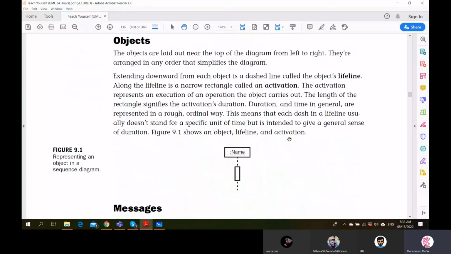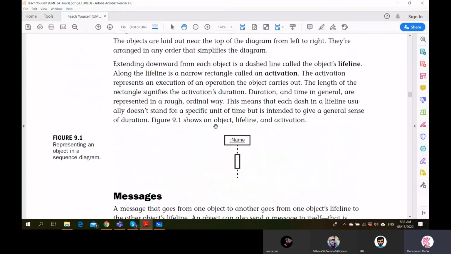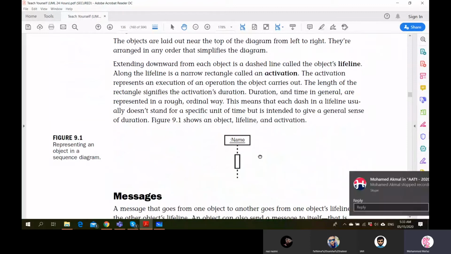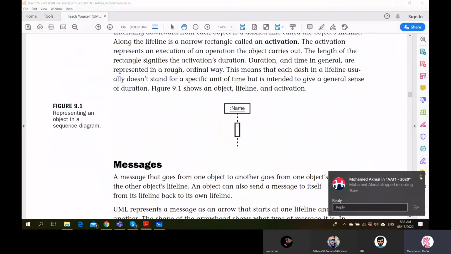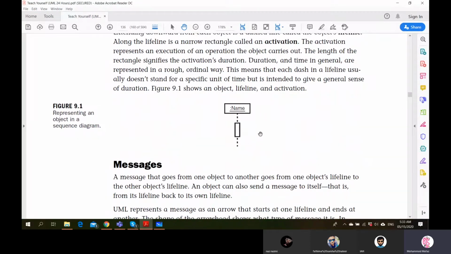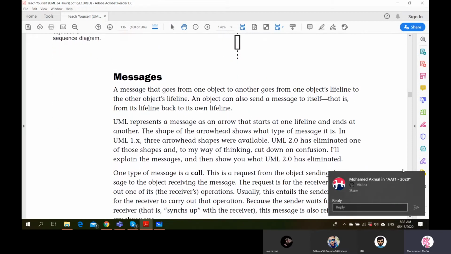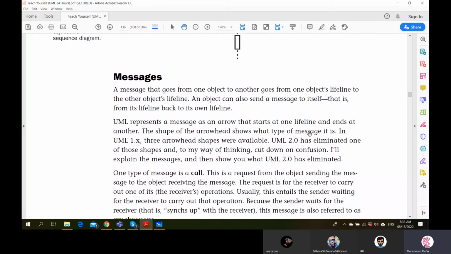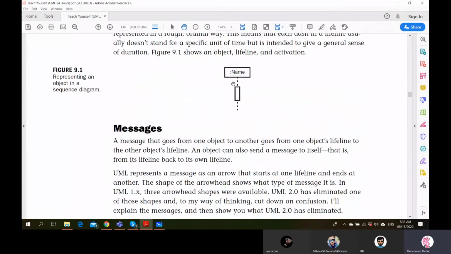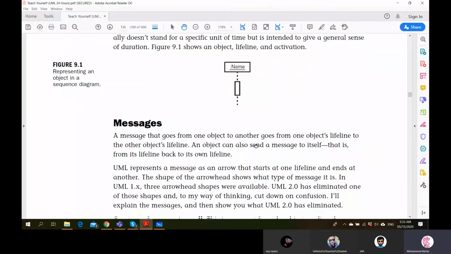So with that, we introduce the basic fundamental structure of what comes in a sequence diagram, right? Then we move on to messages. How do we pass messages from one object to the other, right? There are some small concepts here.